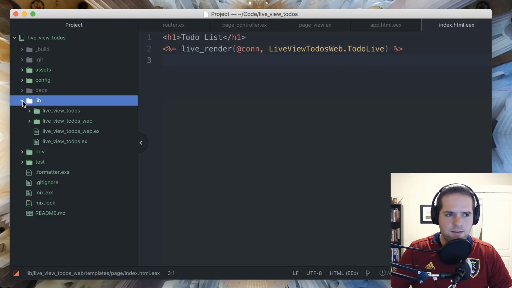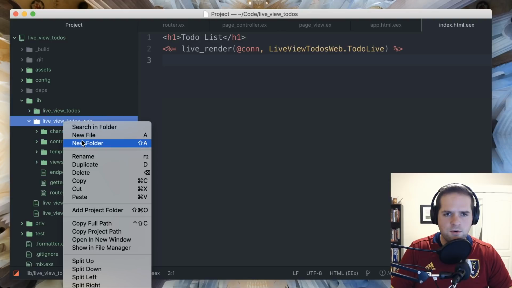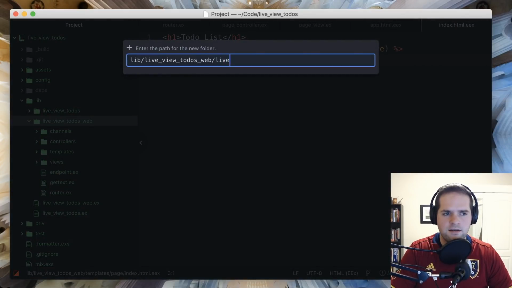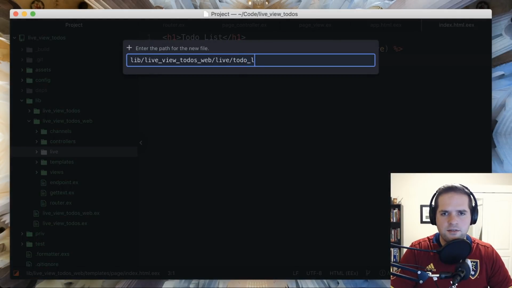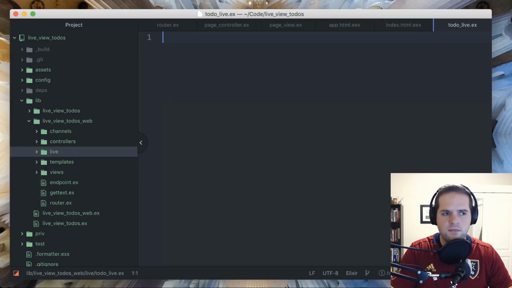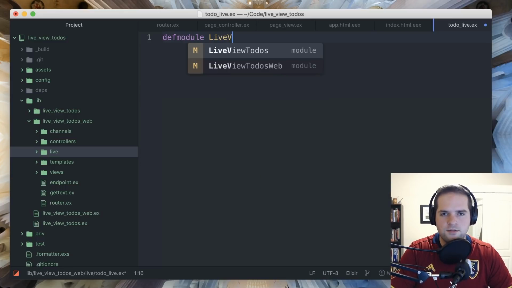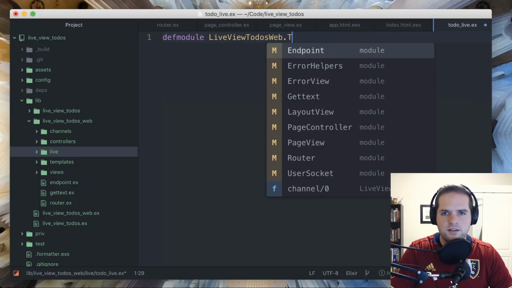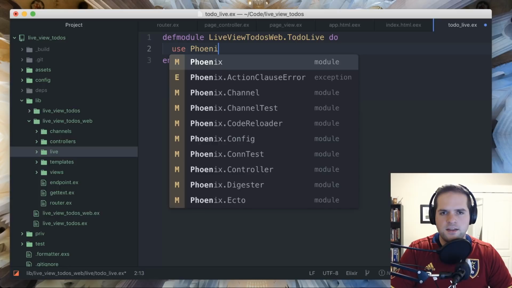So in lib, live view to-dos web, let's create a new folder and we'll call it live. And then we'll create a new file in there and we'll call it to-do live. So we're going to give it the standard mount and render functions. So let's define our module. LiveViewTodosWeb.TodoLive, and then we're going to say use Phoenix.LiveView,